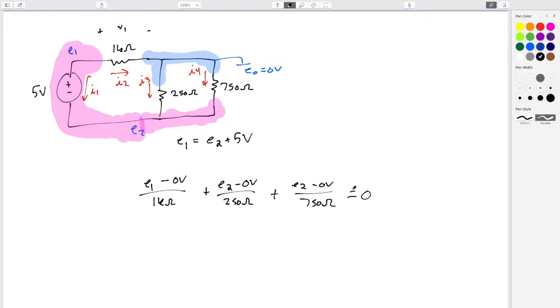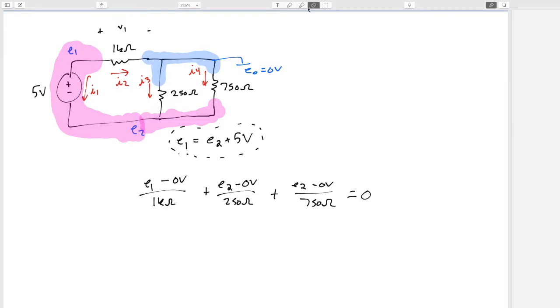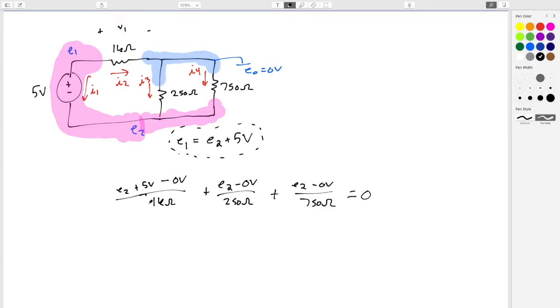Now, because the supernode has built into it this relationship between two of the nodes inside of it, we can drop this in as needed. For example, instead of putting E1, we could have originally written E2 plus 5 volts instead of E1. Now we have one equation which we generated right away in line, and it has only one unknown which we need to solve for. So if we go through and do that, we can see E2 over 1 kiloohm plus 5 volts over 1 kiloohm plus E2 over 250 ohms,